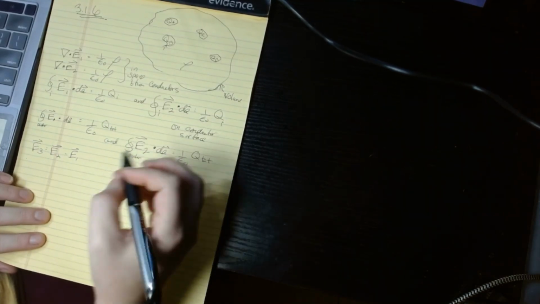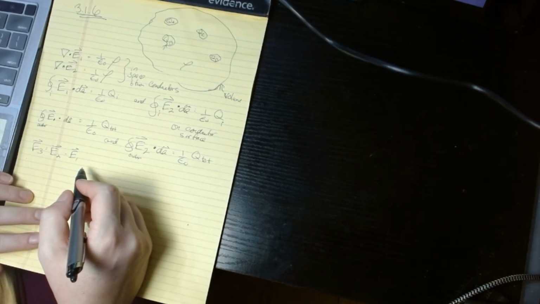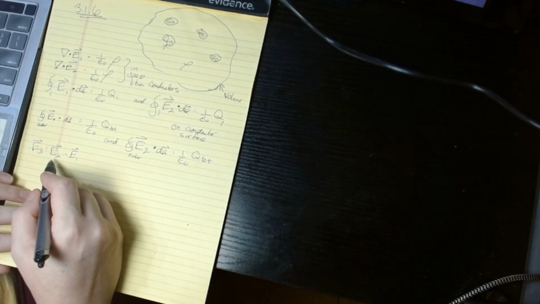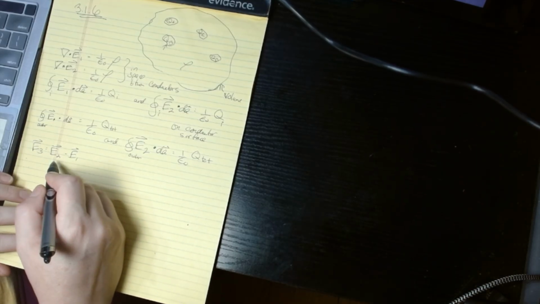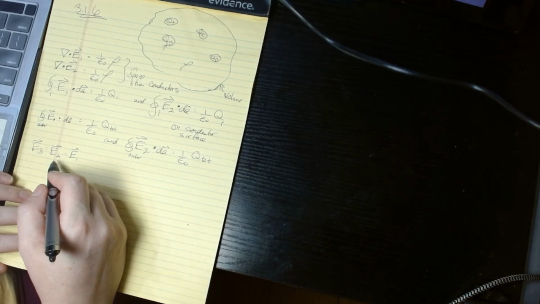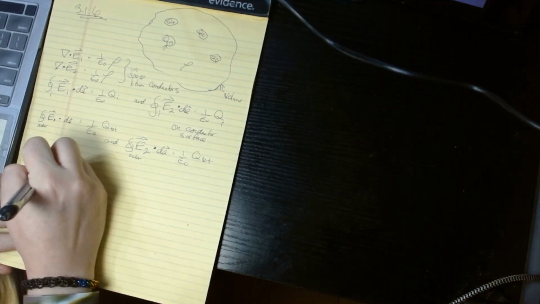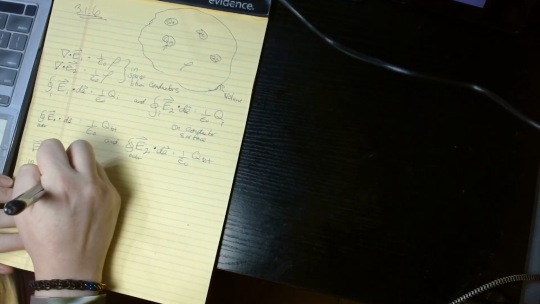All right. So now we're going to look at a third electric field, which is what happens if you subtract one from the other. All right, so this third electric field exists, let's say. So if we take the effects of electric field 2, say just in the space between conductors,